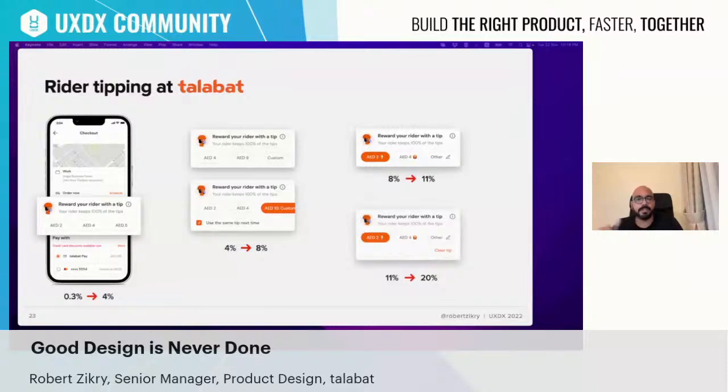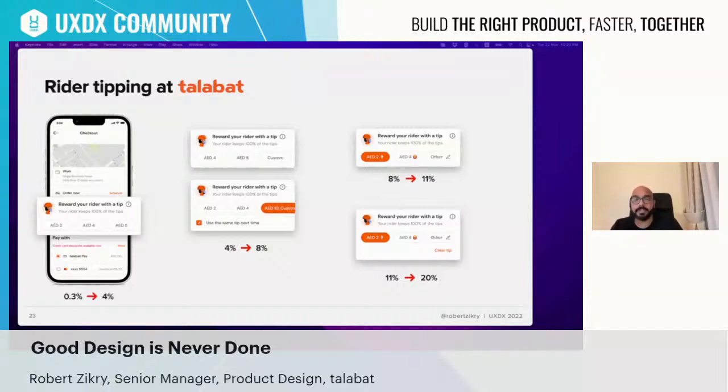And then we went all in with making it selected by default. And of course, it's very intuitive and clear for people to clear that tip if they want to, and if they clear it, we honor that option and that desire from them, and we 2x that impact. So the idea here was not only to be bold and to validate the assumption and to ship something and see the impact yourself,